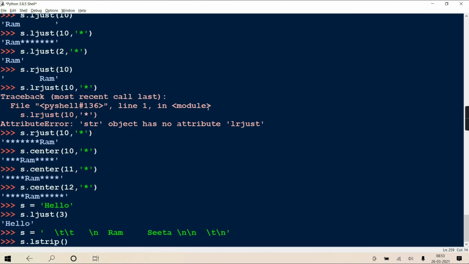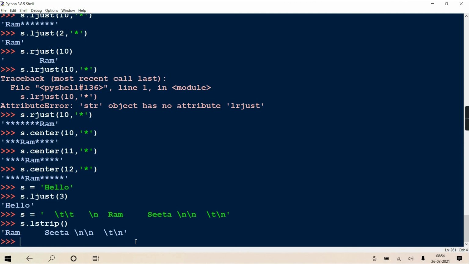If you don't give the characters of stripping, it takes space by default. So now from the left direction, this space, space, tab, tab, space, space, new line, space, all are deleted. And the moment it gets R, which is a non-space, it will stop. And from here onwards, this whole remaining string it will return. Can you observe the result?